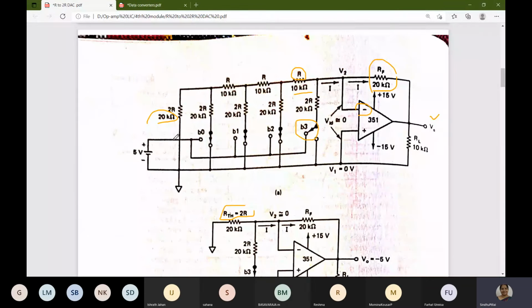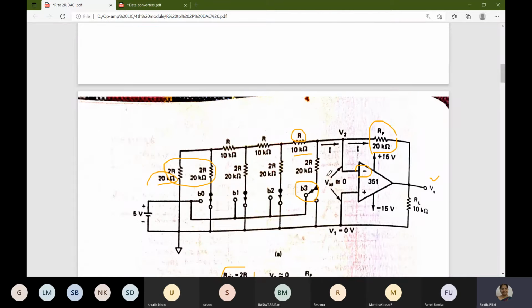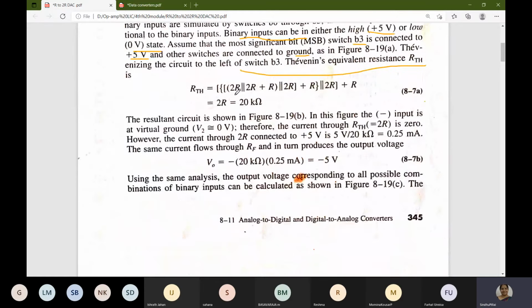So when you take away the supply, looking from the load, we can see that 2R and 2R are in parallel. These two resistors are in parallel, that is in series with R. And the result is in parallel to 2R, that is in series with R, that is in parallel to 2R, then that is in series with R. So when we put that into the formula, I have shown here, see 2R and 2R are in parallel, in series with plus R. So when it is series, you put it as plus R. That is again in parallel with 2R. Again in series with plus R. Again in parallel with 2R, series with R.